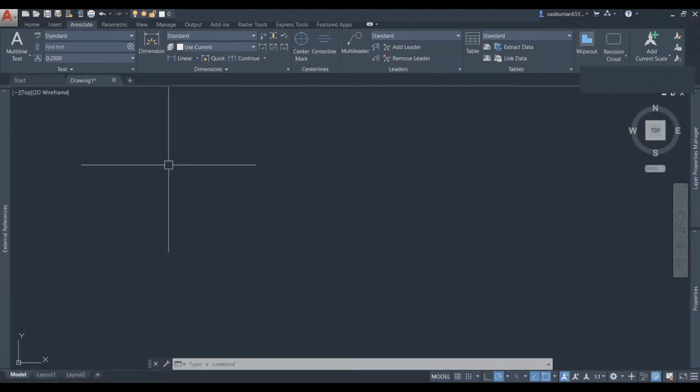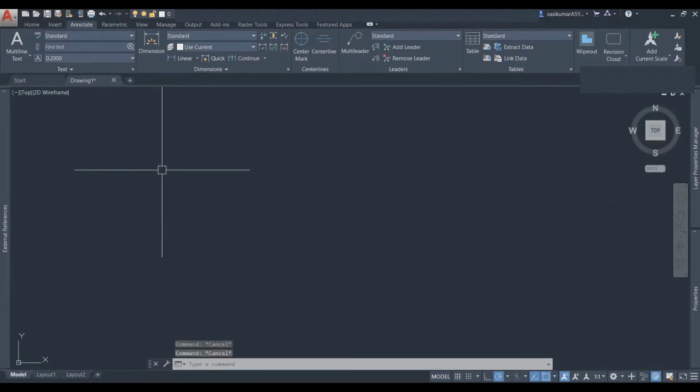So before you create the dimensions in your particular drawing, you have to set your dimension style. That is called the Dimension Style Manager. That manager will control all the styles of dimensions. Now I'm going to teach you how to create the dimension style for your own style, under your own name, whatever it is, like Jamir or Fedros or Prabha or Vimal or any name. Then you can apply the dimension style to your drawing to make the dimensions.